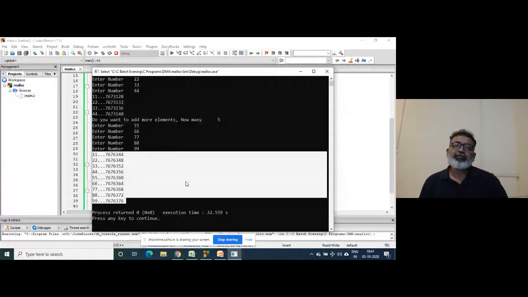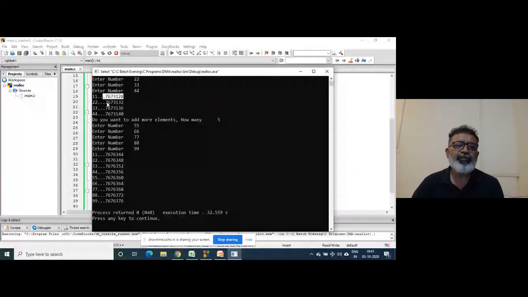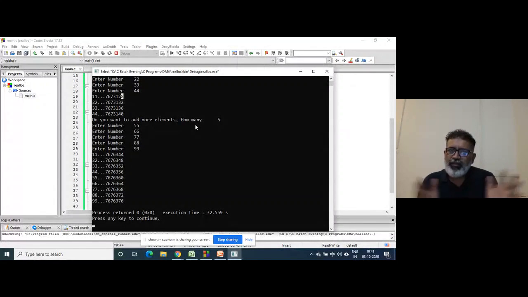What do you do along with that? You don't have control, because the memory address of 11 has been changed completely. And I actually wanted to show you this. That's why I wrote a simple program, which doesn't have any meaning. What I wanted to show is how realloc works internally.